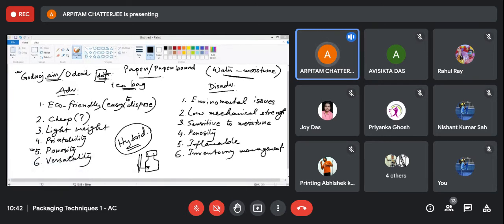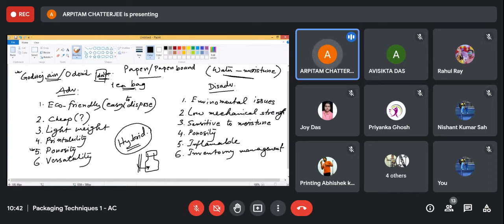Okay? But mostly you won't see that. Mostly you will see a glass bottle is having a metal cap or maybe a plastic closure. কিন্তু পুরো প্যাকেজিংটাই গ্লাস দিয়ে করা এরকমটা কিন্তু খুব একটা তোমরা দেখবে না। কিন্তু পেপারের ক্ষেত্রে কিন্তু সেটা হয়, মানে পেপার is generally sole packaging material. ওকে,